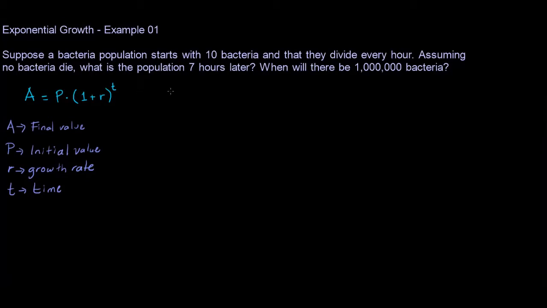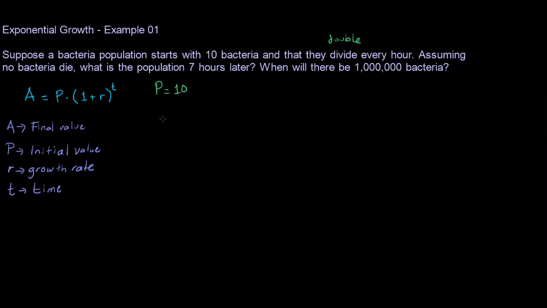We have 10 bacteria. It starts the population. So this is the initial value, so P is equal to 10. And it says here they divide every hour. When saying divide in this case, they mean they double